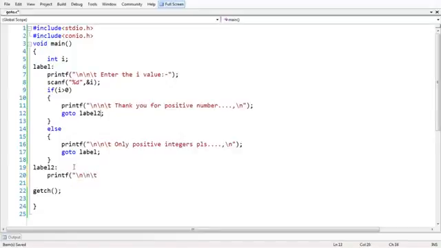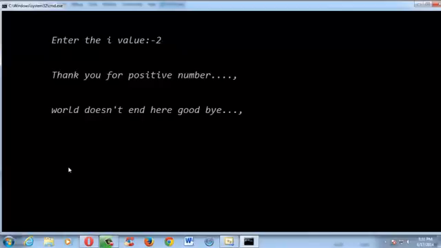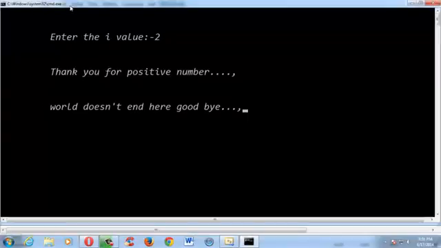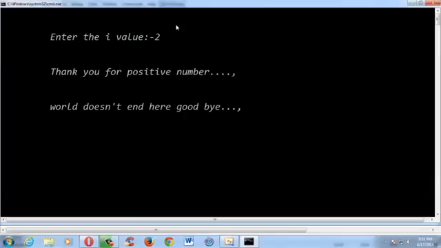Let us say we have some simple message here: the world doesn't end here, goodbye, something like this, just for demonstration purposes. If you run the program and enter some positive value like 1 or 2, apart from printing what is in the if condition, which is thank you for entering a positive number,